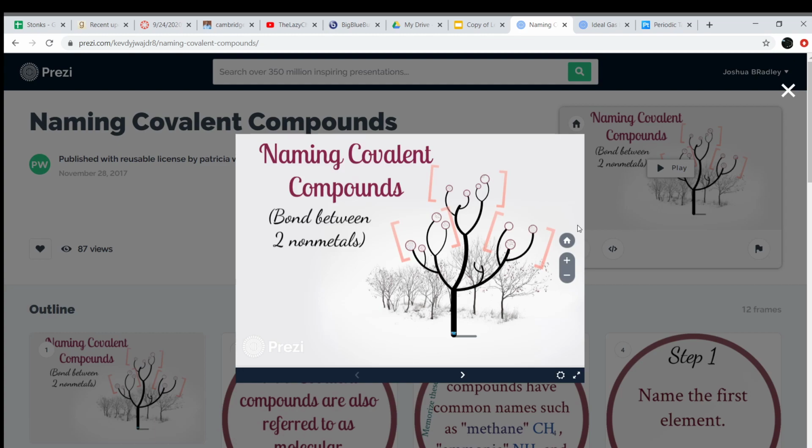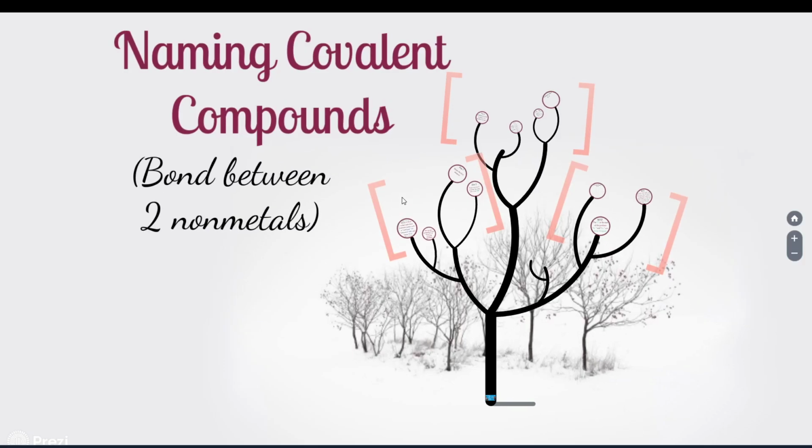Okay, so last week we went over the process for how to name ionic compounds. Today we're going to go over the process for naming covalent compounds. And for the most part, today's lesson is going to be a fairly easy one. Most students are able to get covalent bonding relatively simply because it's just an easier concept than ionic bonding in general. The only real issue that I have always seen is that a lot of students have troubles